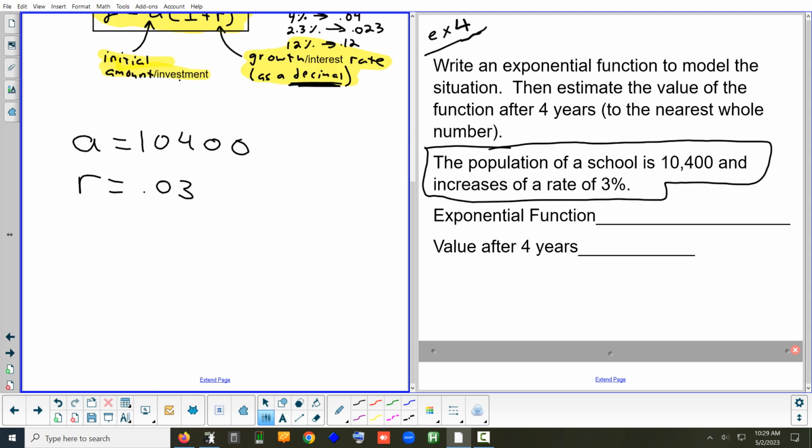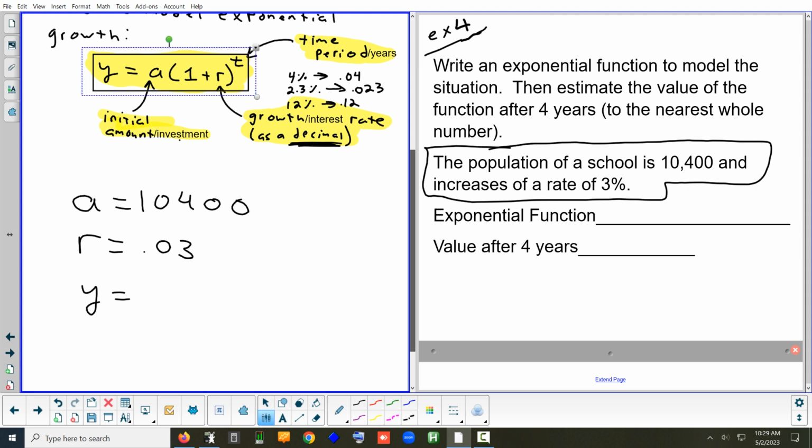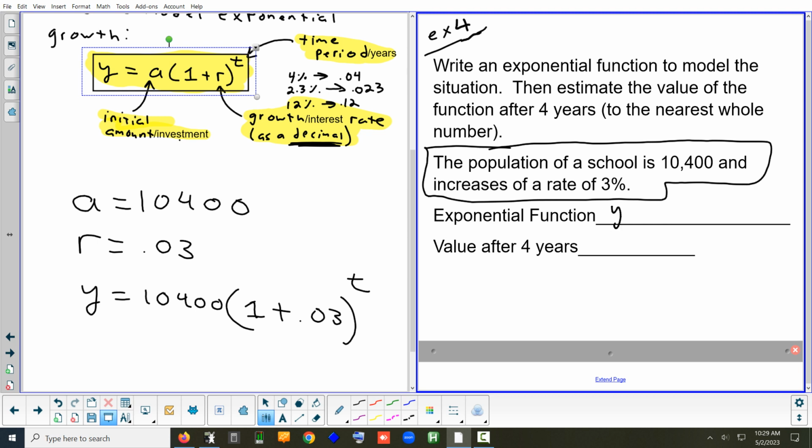Well, let's do it over here first. Y equals, we're going to fill in 10,400 for A, parenthesis, put a 1, plus, and what are we filling in for R? 0.03. And the last thing I need is the T. Don't worry about filling in the T yet. That's the next one. So where it says exponential function, it's y equals 10,400